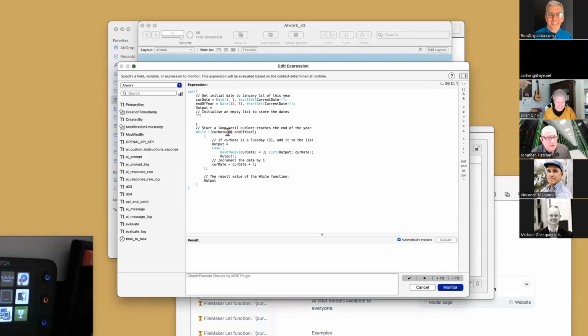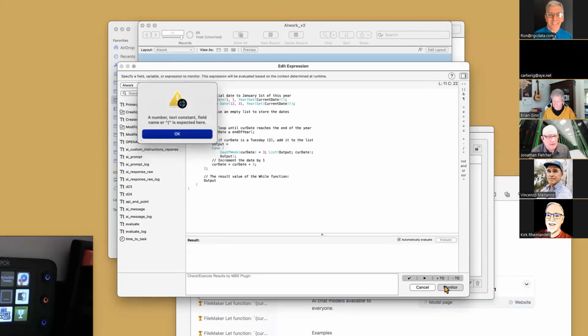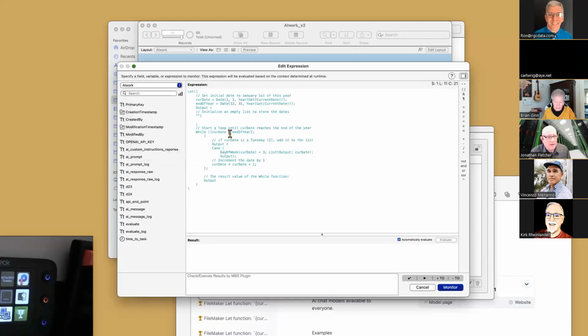Oh, I see. What should I change it to? Option less than. It works the way it is, though. That construct works in FileMaker. But the data viewer is saying that it's not recognized. Oh, no, the other one. Oh. Option less than. There you go. More trouble. It doesn't like this for some reason here.